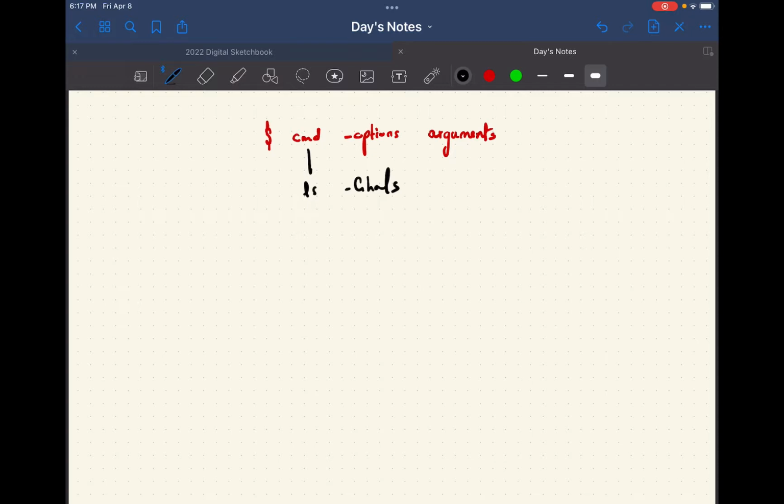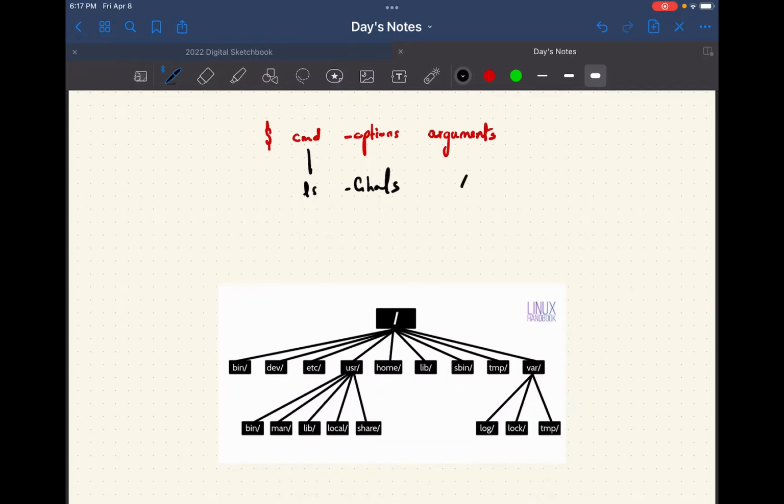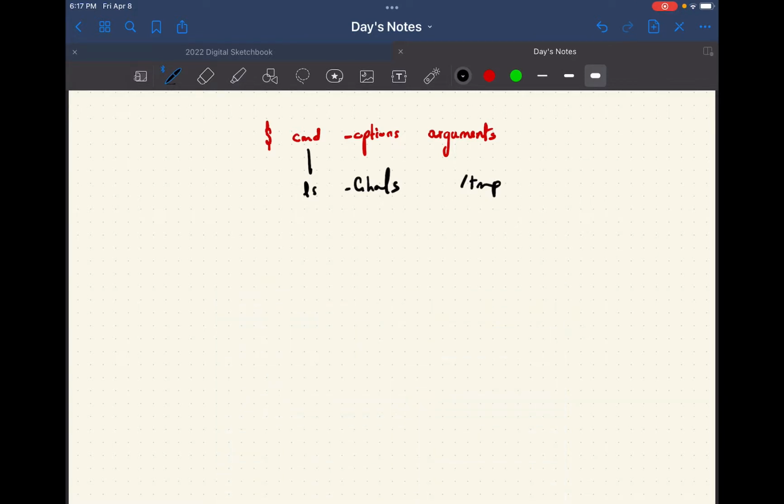So for example, I can ls root, I can have a look at what is inside the root directory without going there. Or I can have a look at the folder called temp, which is inside the root directory without changing my current directory. So if I want to have a look at what is inside my documents, I will give an absolute path to my documents: ls -G, then I'll write tilde to refer to the home directory, and then documents. And this will list what is inside my documents without me changing my current working directory. Or desktop. So by writing the absolute path to any directory on my computer, I can list the files and